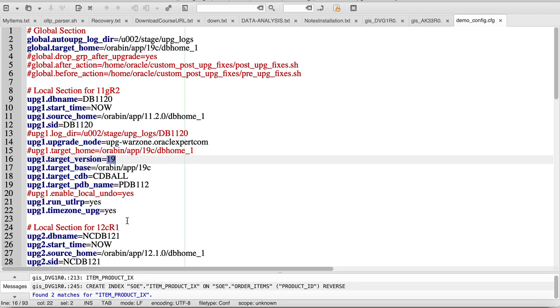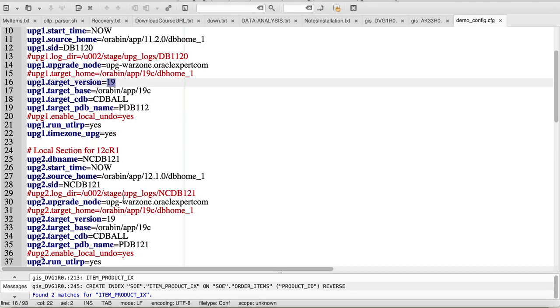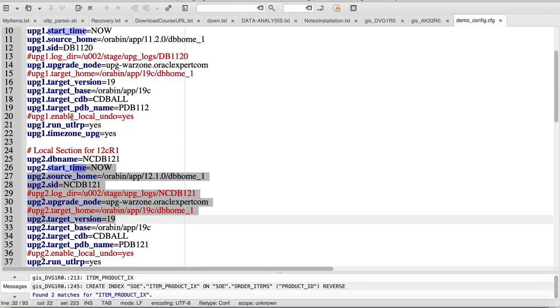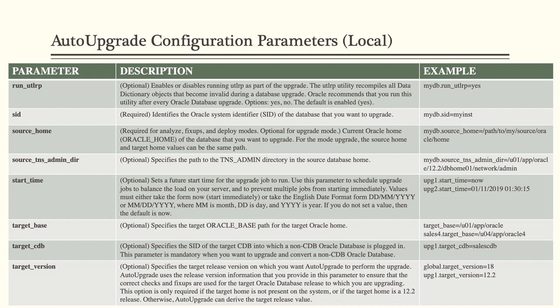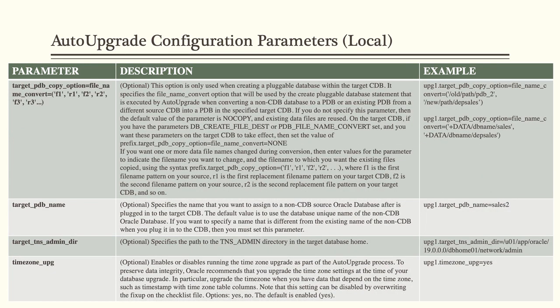Now this makes it very interesting. The rest of the databases you are upgrading to 19C, but only this 11G database you are upgrading to 12C. In that case, you will have to mention the Oracle home path of 12C. So using a single config file, multiple versions of different lower version databases can be upgraded to multiple higher destination versions, which makes it even more interesting.